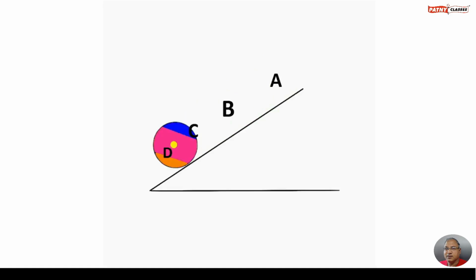Here, as the body is rolling down, we observe two things. At point A, the body is moving at slow speed. At point B, the speed has slightly increased, and from point B to C and C to D, the speed of the rolling body keeps on increasing. This implies a rolling body suffers acceleration. And the second point, that is more important,